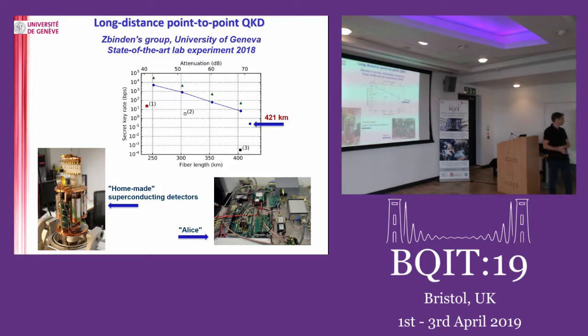Then you have a drop of rate here, and this is really where you have the limit in terms of noise of the detectors. And still these are good superconducting detectors. This system was made really to break the distance record. So you have good detectors, and you want a fast system with a high clock rate to be able to do those kinds of distances. So this is the state of the art, right? This is certainly one of our motivations. This talk will be quite basic, so I hope everyone will be able to follow.